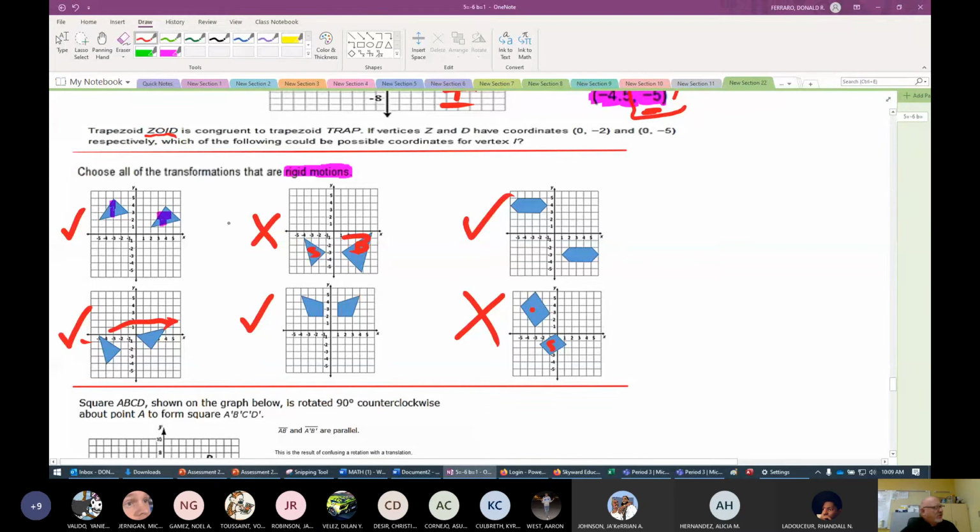Those are the options we would choose, and the ones where the size of the shape changes, they are out. We eliminate those. That's not a rigid transformation. With a rigid transformation, the shapes are congruent. They are the same size. So A, B, D, and E would be our